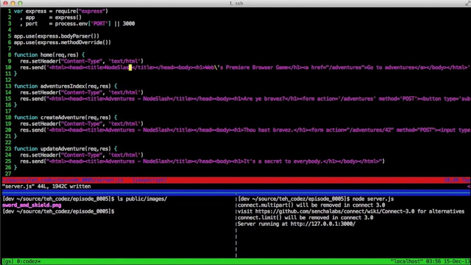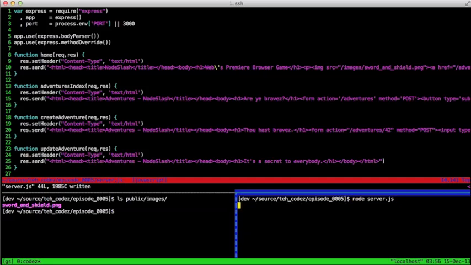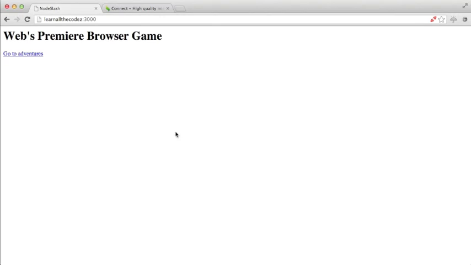So to get that into our markup, of course, we would just come over here, and maybe right after the H1, let's go ahead and put that in a paragraph, just so that we get a nice line break after it. Source equals images, sword, and shield, PNG. Great. Reload the server, come back to our browser, reload the page, and